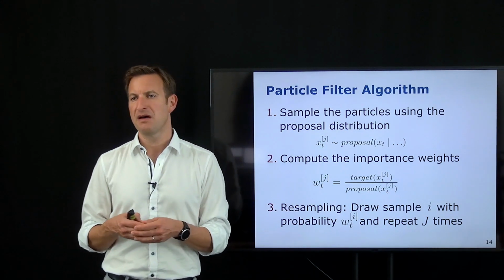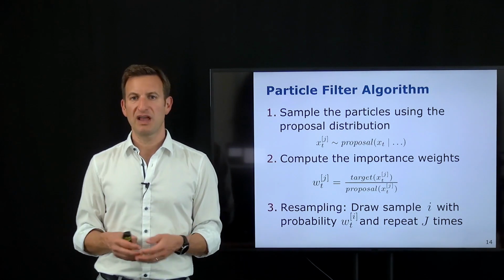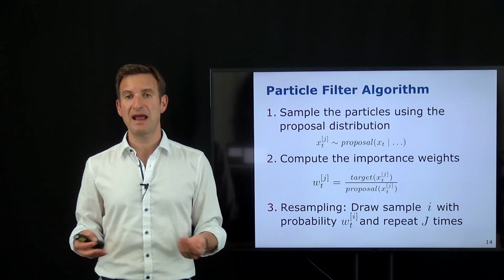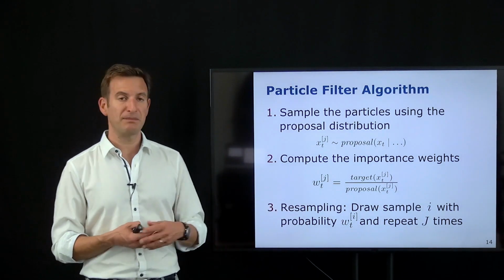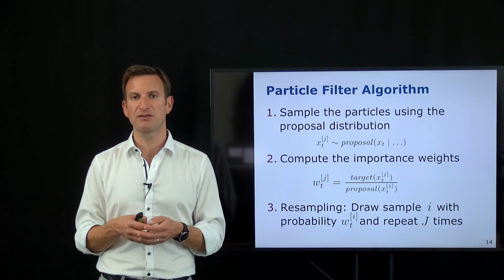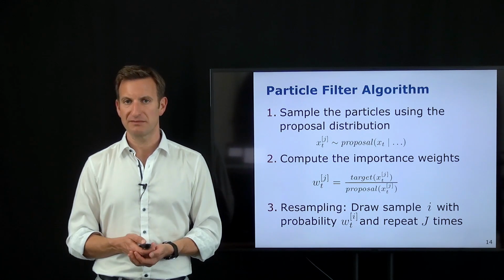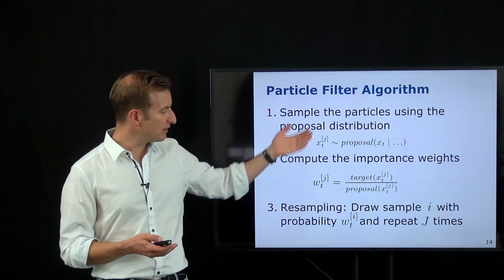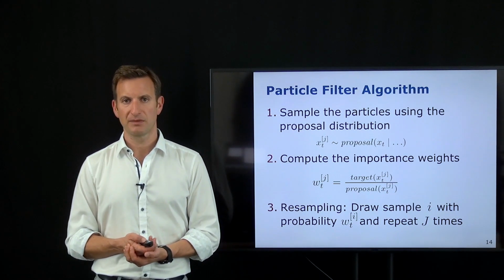So if we had an infinite amount of memory, we could completely ignore that step. But in most cases, or in all real computers, we only have a finite amount of memory for representing our samples. And therefore, this resampling step makes sense because it shifts the particles into areas of high probability without changing the distribution itself. So that was the informal particle filter algorithm with its 3 steps.